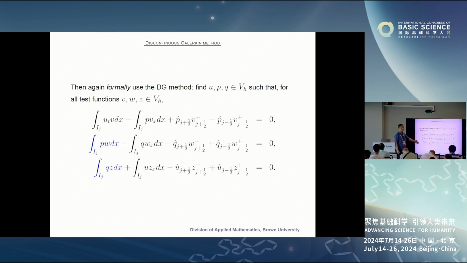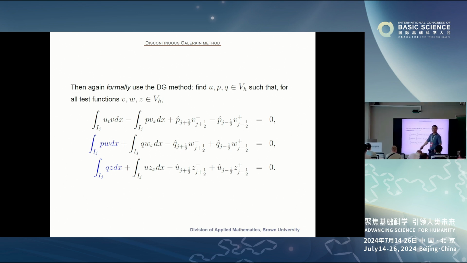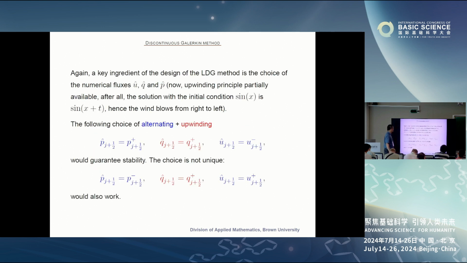Write down the scheme. They are all local, meaning that the Q here can be obtained by P in these 3 guys, and U here can be obtained by Q in these 3 guys, and so on. So all local. So these auxiliary variables are not really variables because they are essentially just U locally. But you write them this way, the choice would be these numerical fluxes. You have to be careful. How do you choose these numerical fluxes? For that, I remember, this was the PhD thesis of Chi-Wang,